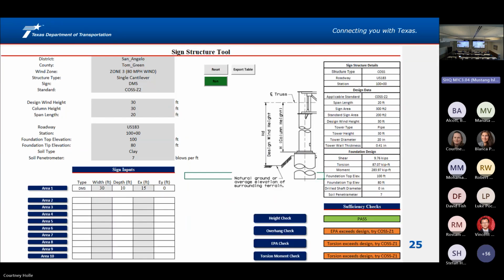Now going back, another feature we're building in the tool is, say you've got your inputs, you define it all, but you've exceeded and you're failing one of the checks in the bottom right. It not only tells you it's wrong, but it tells you why it's wrong. And that's really useful, so you can figure out, okay, if I bump up a zone, is it going to pass? Or I need to reduce the sign area or something like that.